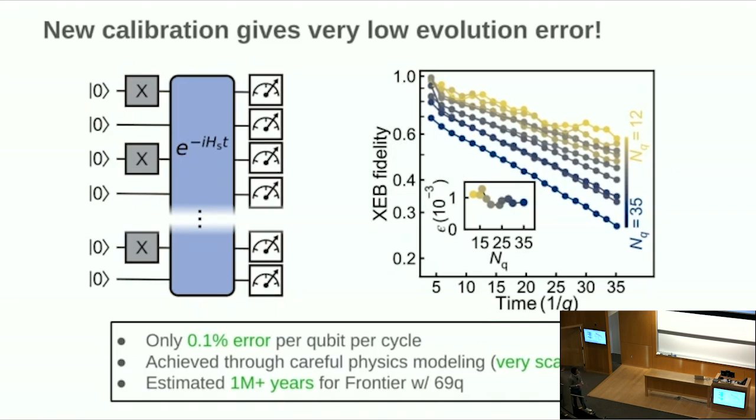Now, this combination of this very fast entanglement growth that we have in our system, but also the very high fidelity, makes this very classically challenging. And we estimate that this would take more than 1 million years on Frontier at the full system size of 69 qubits. And just to be clear, a big part of this is that because of the analog dynamics, we very quickly get to this maximally entangled state with very little effects of decoherence.